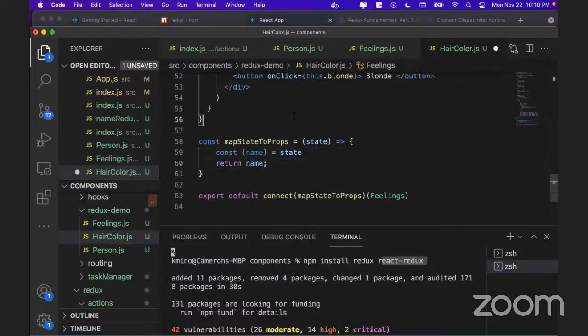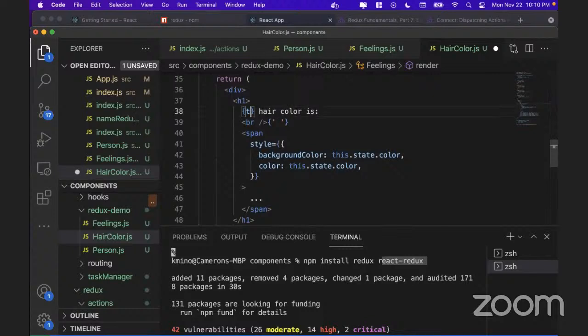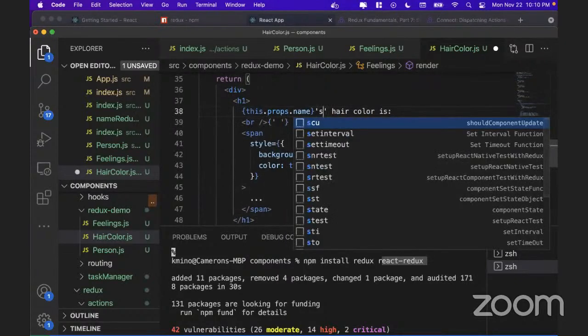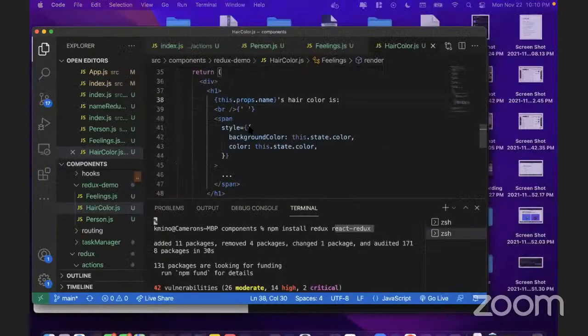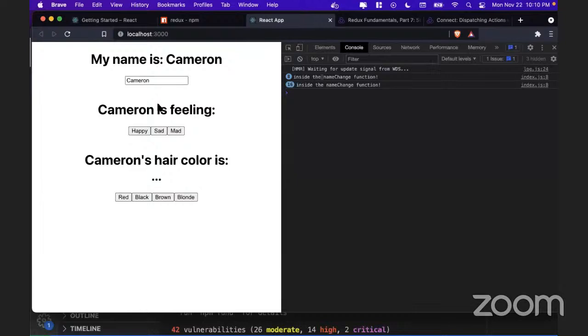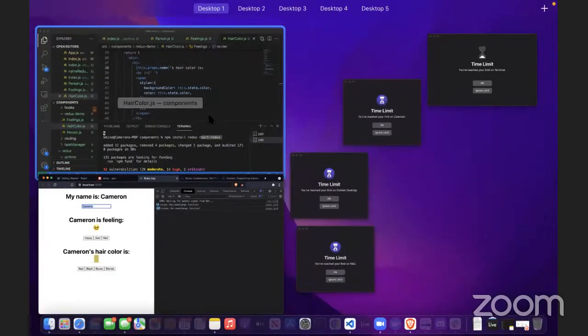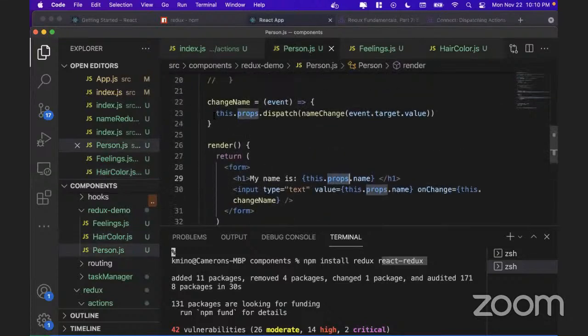And return the name, right? So now inside of here, I can also use that prop, right? This.props.name. Right. And so now all three of these components are synced up and changing in real time based on their connectivity to the global state, right? They each have their local state, which can still change. And the local state doesn't affect the global state, but this component, the person component, where we're actually triggering some actions by using this dispatch function here, is how